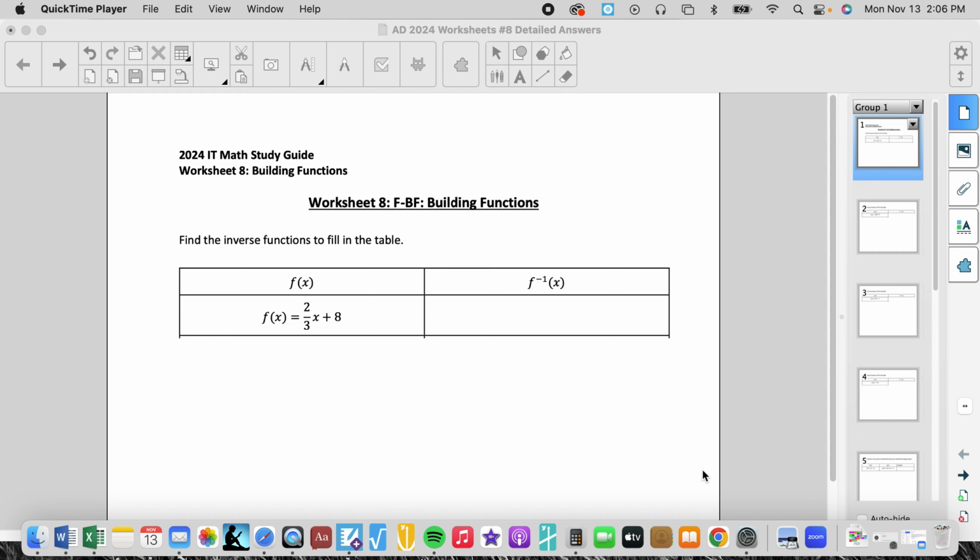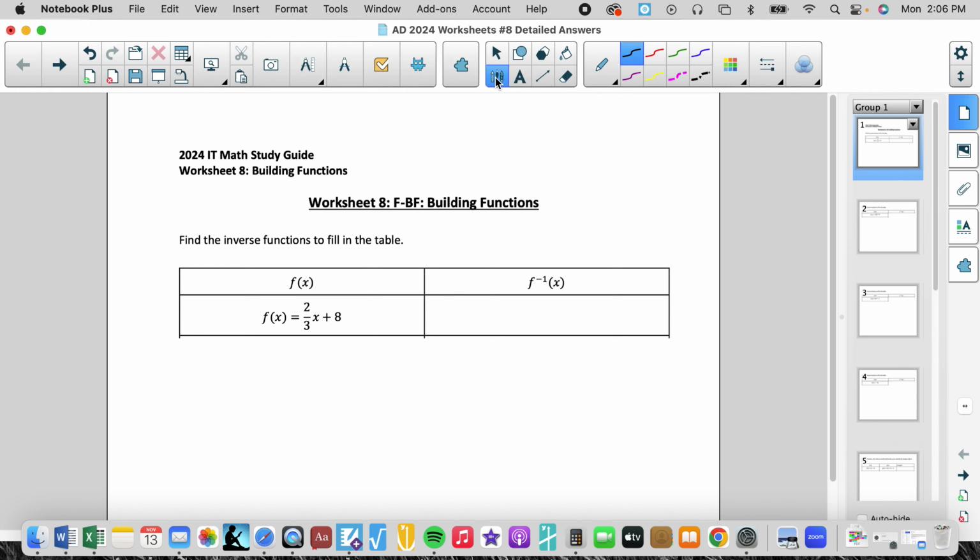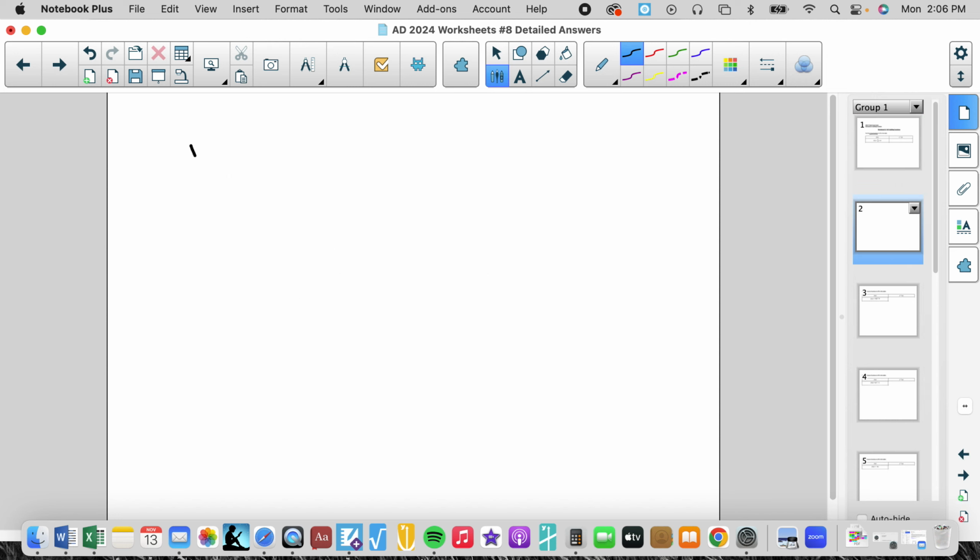This is Academic Decathlon, worksheet number 8. In these problems, they say find the inverse function. And when we want to find inverses, so here's the function,